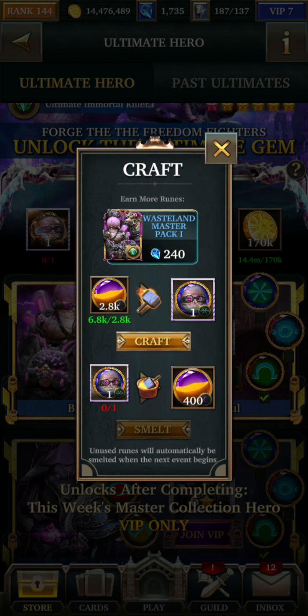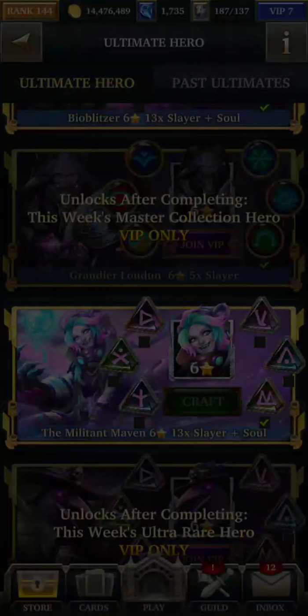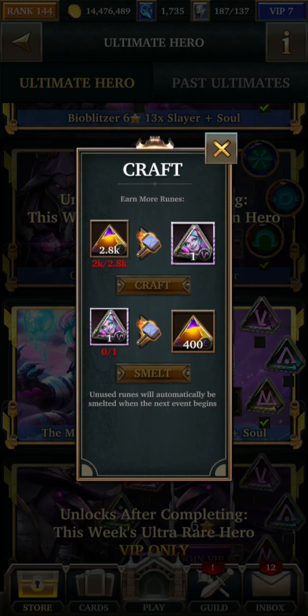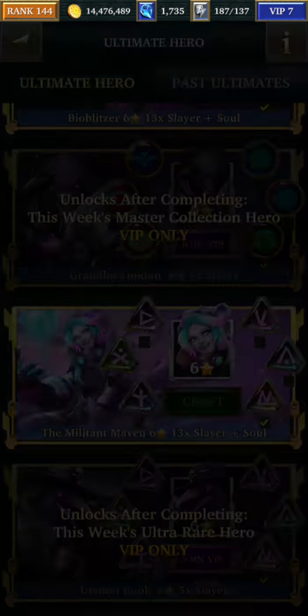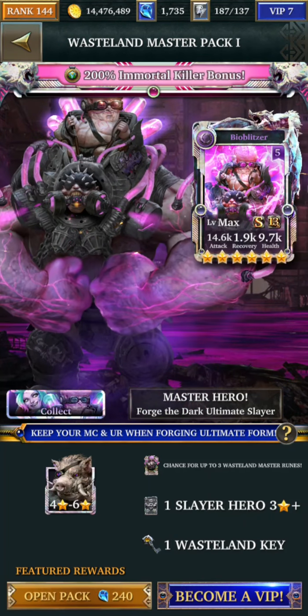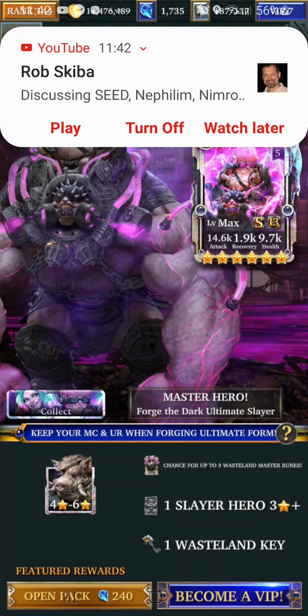Let's see. We can actually craft 2 runes. So hopefully I don't have to use any of my dust this week to create. Oh well, this one I can't create anything. Still need 600 dust, but hopefully I can do quite well this week. Didn't do well last week, as I said, but never mind, it is what it is. So I'm not going to start using my gems to spin,